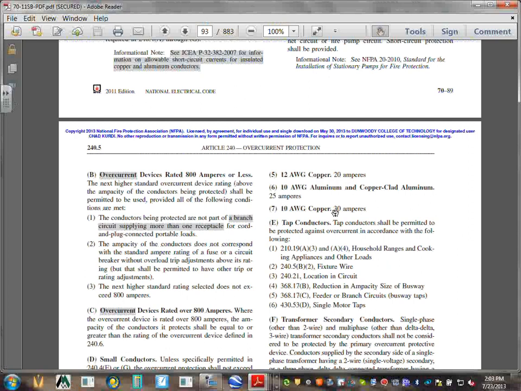So if I decided to pull a 30 amp lighting circuit and use the tap rules and tap that 30 amp, do you guys use 30 amp, Dave? Do you use 30 amp or is everything 20? A lot of people use 20. Sometimes you use a 30 amp lighting circuit with number 10 and you take it somewhere else, and right in the panel you tap with number 12 to the fixtures. And that will give you,